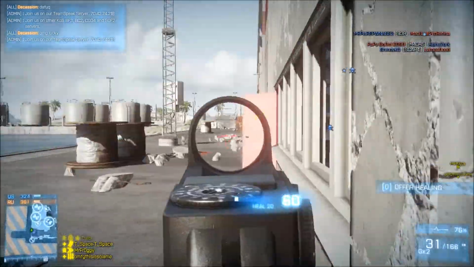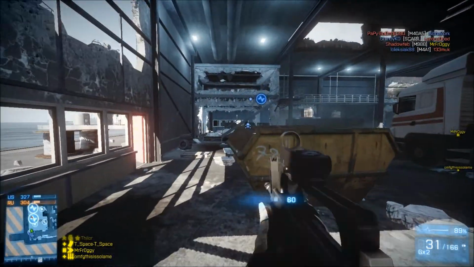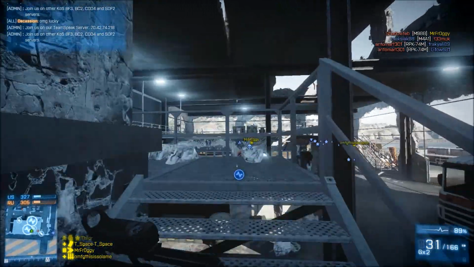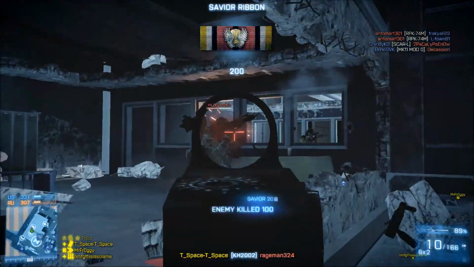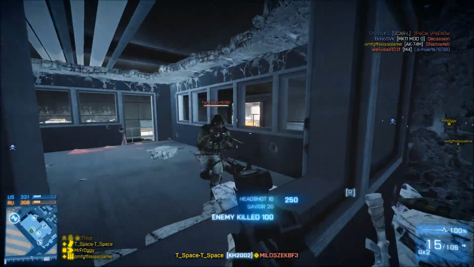So basically the foregrip allows you to control your shots a little more from side to side. Also, it helps you with your hip firing, which is amazing on this gun, by the way. The KH2002 has an amazing hip fire, and adding the foregrip to it pretty much just makes it even better at hip firing. Also, the heavy barrel allows you to, of course, shoot for longer range targets,